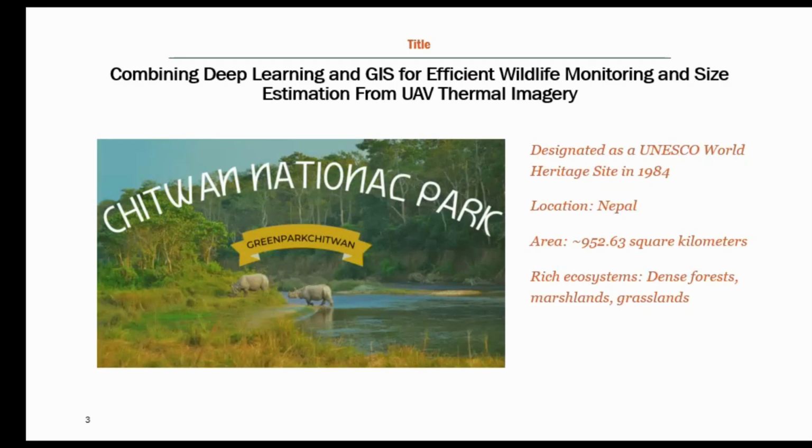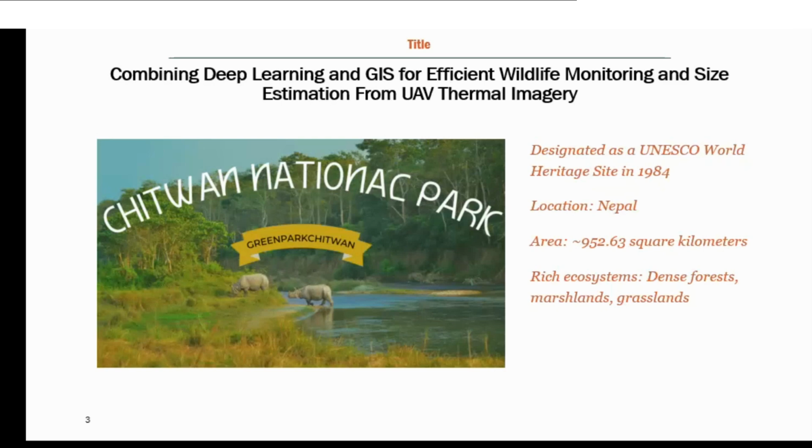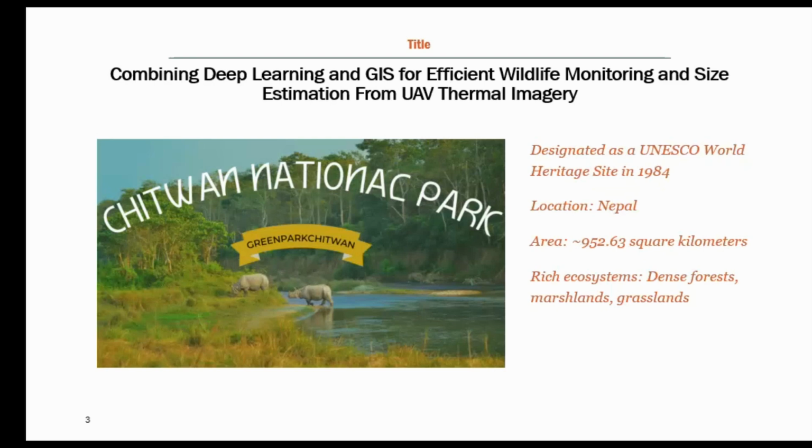My research has a strong relationship with the Chitwan National Park in Nepal, which has been a UNESCO World Heritage Site since 1984, covering about 952 square kilometers. UNESCO means United Nations Educational, Scientific, and Cultural Organization. This park hosts a rich variety of ecosystems, from marshland to dense forest, attracting many wild animals living